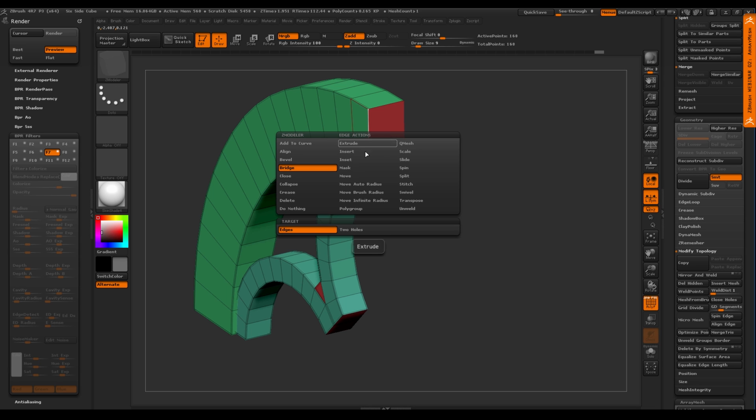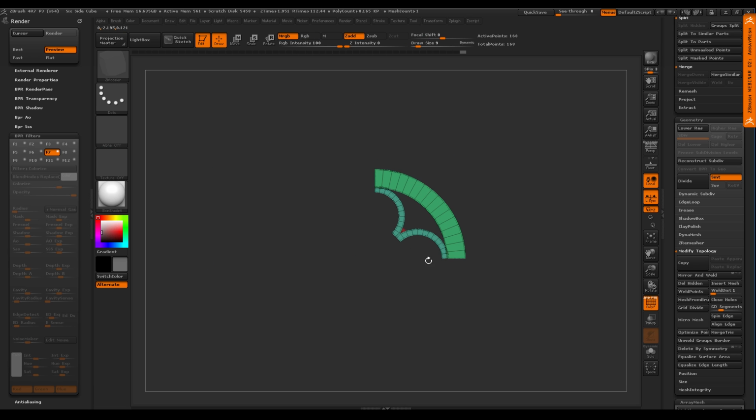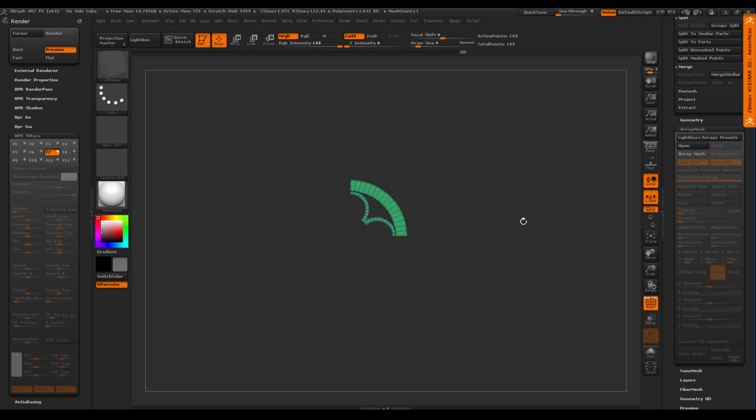There you go, and then now I just crease it again, complete edge loop around. And then now we have this. So we've got a nice start to this. So the next thing I do now is I'm going to want to use this now as an array. And right now if I turn the floor on, you see it's kind of not sitting center. So I want this to be dead center.